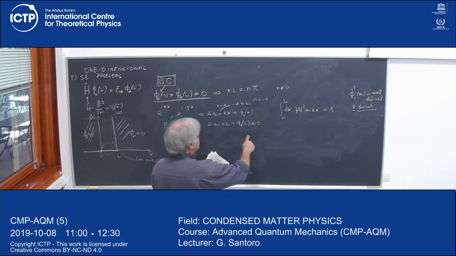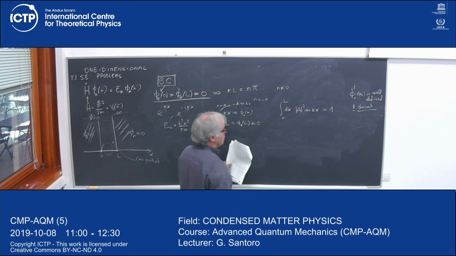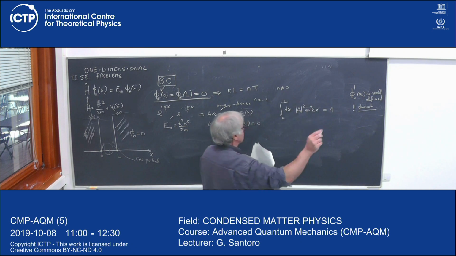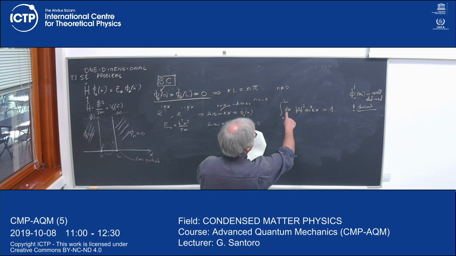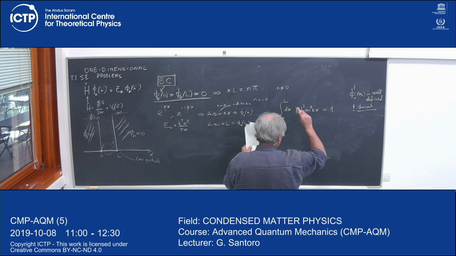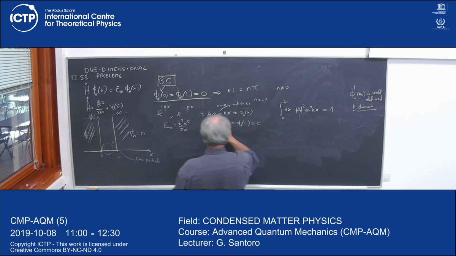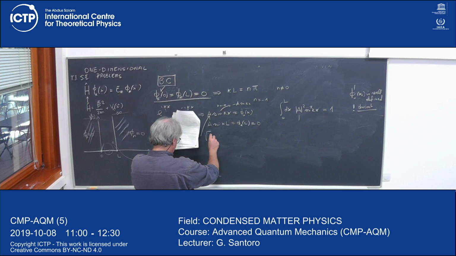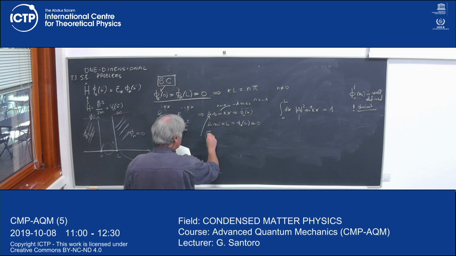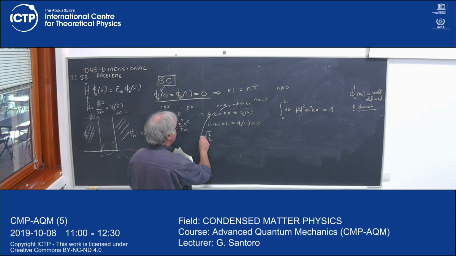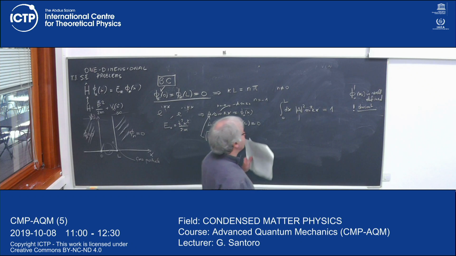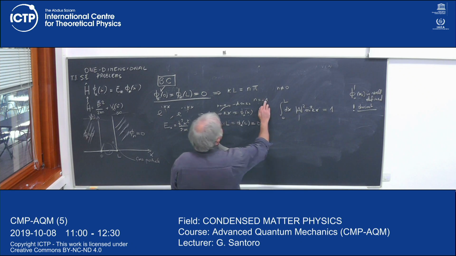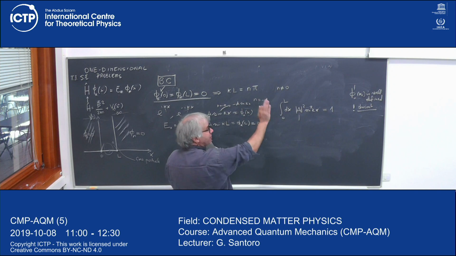This integral is very simple. It's sine squared kx, and the integral of sine squared is half, so the integral gives L over 2. So I think that A, the function here, is square root of 2 over L, but check it yourself, okay? I didn't note it on the lecture notes. It's an integral that is very simple, and I think that A is this. Okay, good. So minus n is not a different wave function.